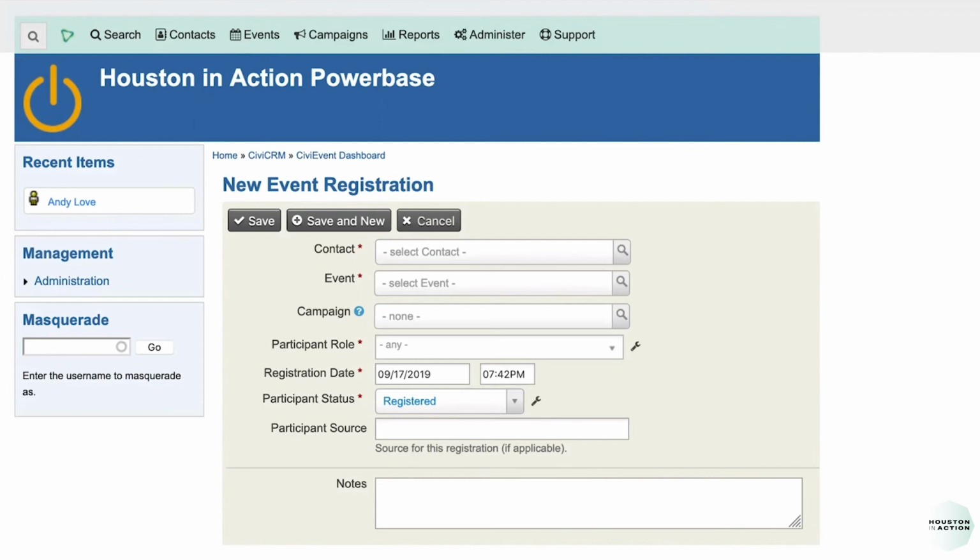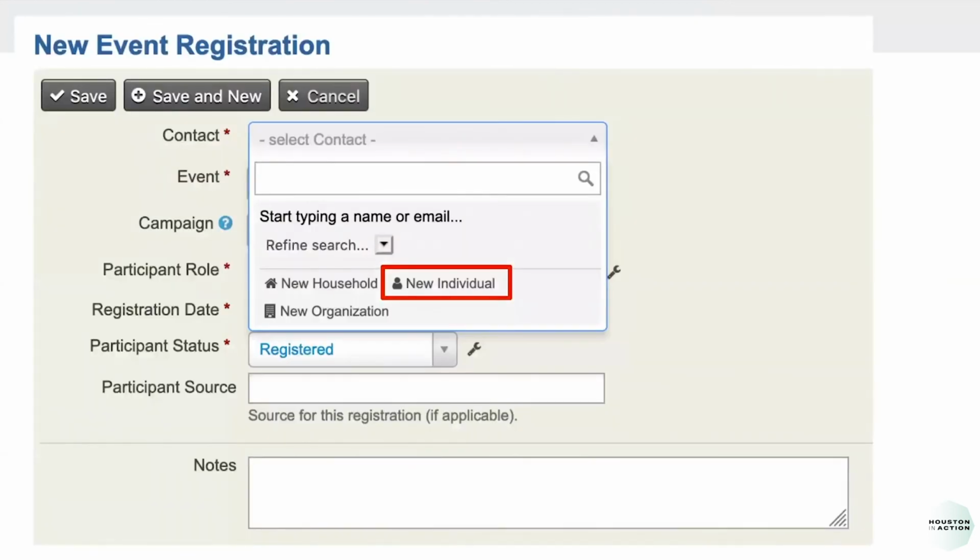The contact is where you'll be registering new people, but the event bar is where you will be writing in the event that you previously registered. So if you click on the event, you will notice the event that you previously made, and you'll be able to click on that. But first, we're going to click on the contact bar. After you click on the contact, a search window is going to pop up. If you already have this person's information or they've been registered before, you might be able to find them by simply writing down their name or their email. However, for new people, we have to click on the new individual.